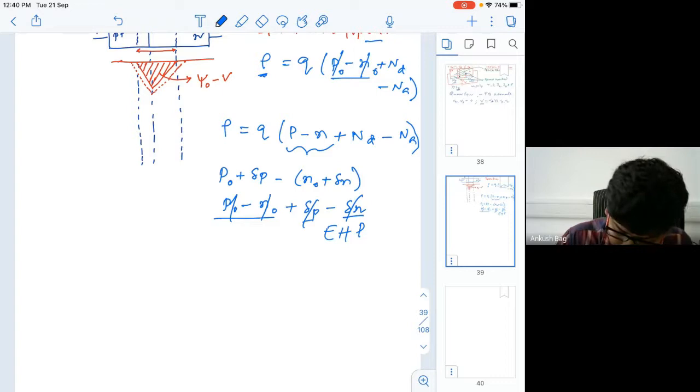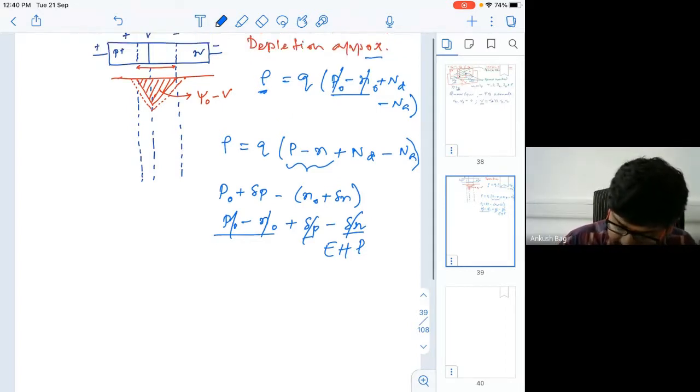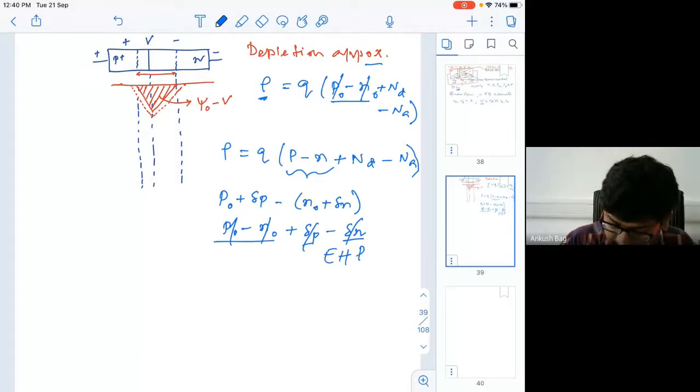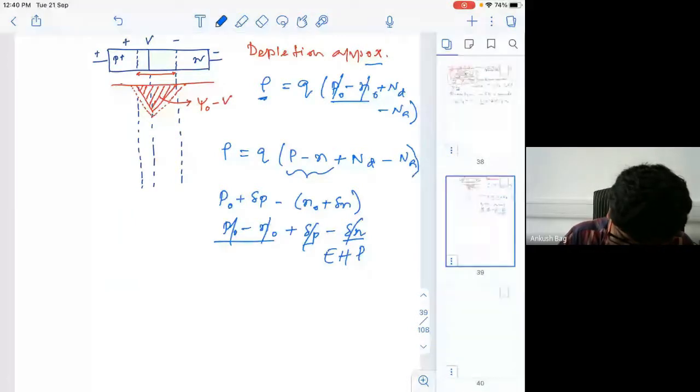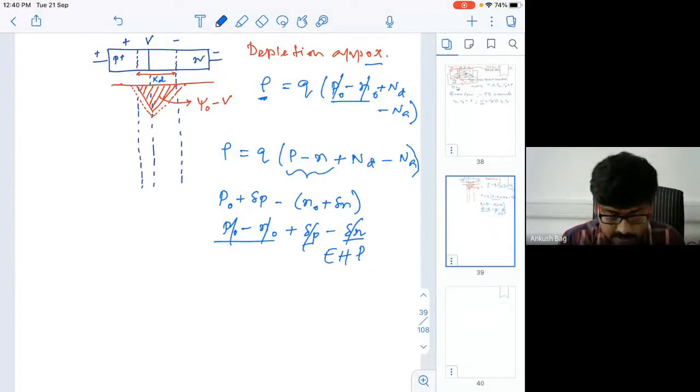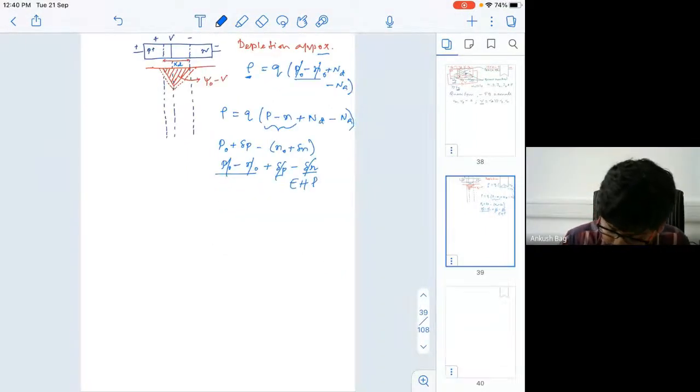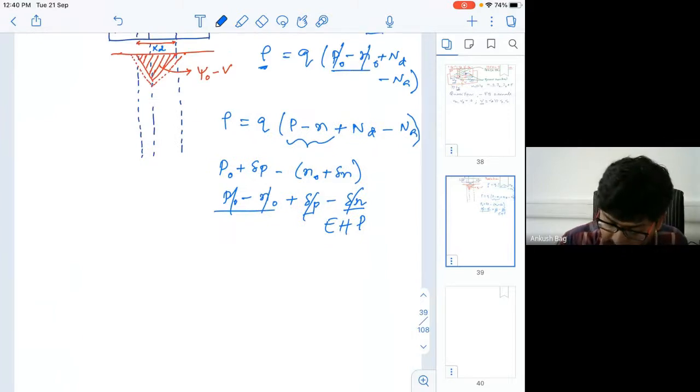Now what about the XD? Because this XD, all these parameters we have derived in case of thermal equilibrium also. XD means this depletion region thickness under biased condition. So what is this XD? Previously we have already derived XD, the depletion region thickness, under thermal equilibrium. Now this XD under bias will be